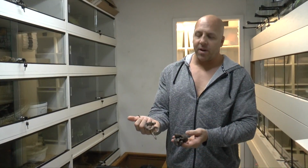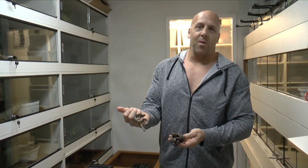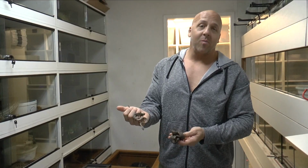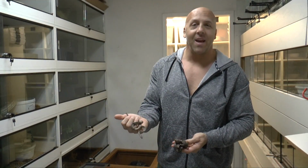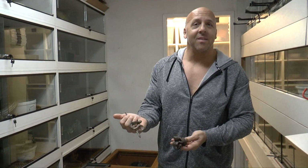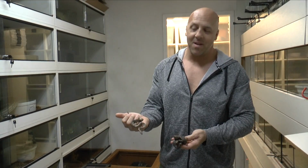I also have some Candoia carinata, dwarf Indonesian tree boas. Just a couple. I think I have 4 animals. It's so weird. People ask me for them, they ask me for them, they ask me for them, and I don't have them at that time. Then when I do have them, those people are gone. Nobody wants them. But anyway, if you guys are out there, those people that have been asking me for them,